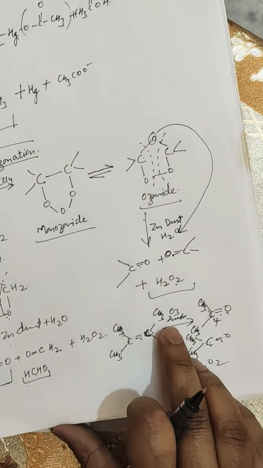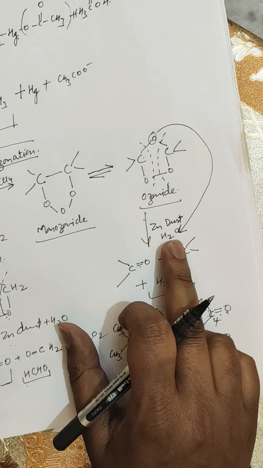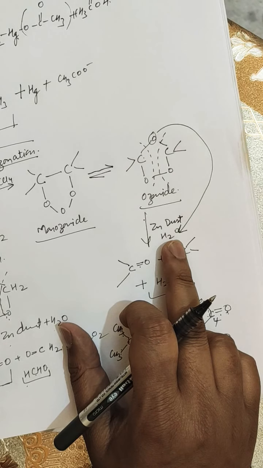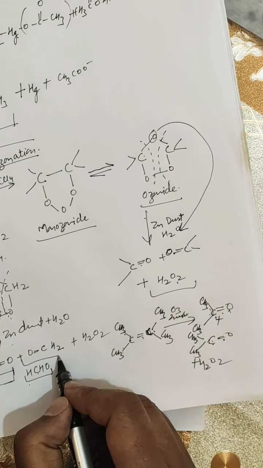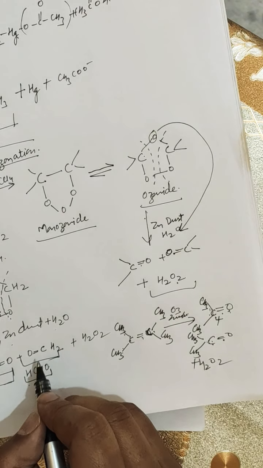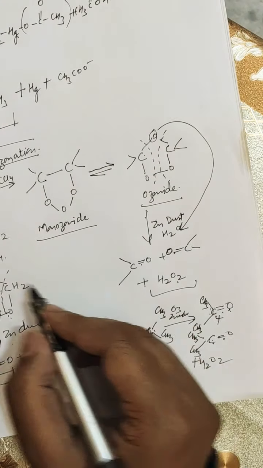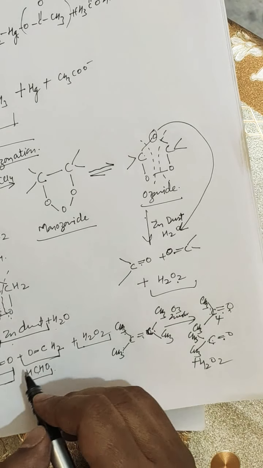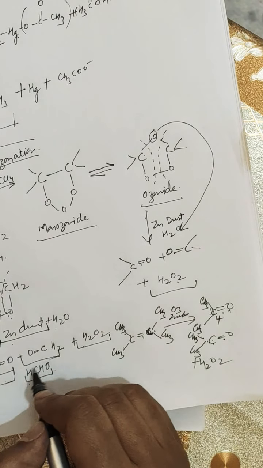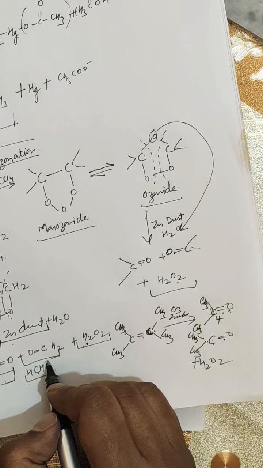So what is the function of zinc dust here, that I had written here? Zinc dust, what does it do? The function of zinc dust is to remove the hydrogen peroxide formed, which otherwise could oxidize the aldehyde and ketone formed to give the carboxylic acid. The final products formed, these carbonyl group containing compounds, are very reactive toward hydrogen peroxide. So we add zinc dust to these reactions. Why? Because zinc dust helps in removing hydrogen peroxide from these products, so that we can easily isolate these products at this stage.